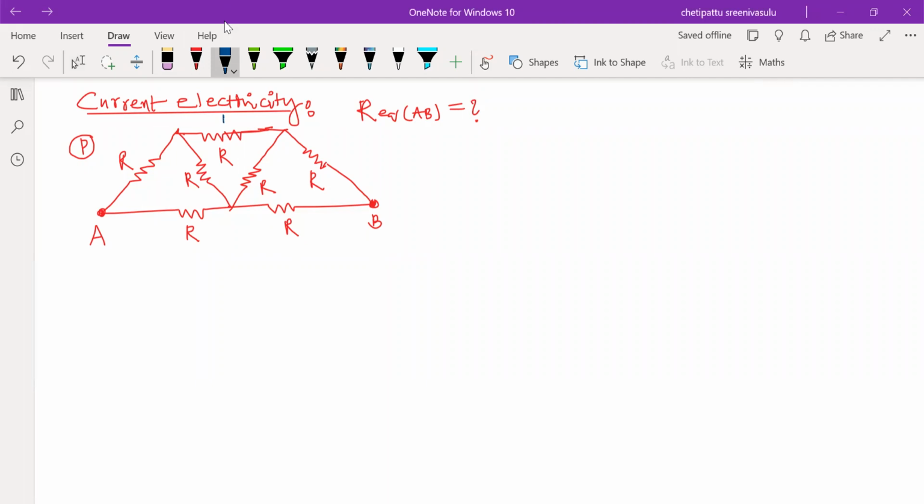Symmetry means you look at this vertical axis, this left side and this right side. This left side portion and this right side portion are both the same. If you fold one on two or two on one, this left side and right side are the same about this vertical axis.